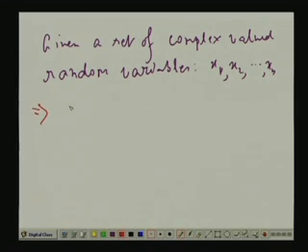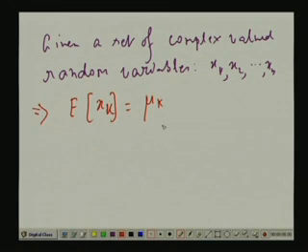covariance we now define first. So E of x 1 is mu 1 or E of x k is mu k, where k goes from 1 to up to n. That is x 1 has a mean value mu 1, x 2 has a mean value mu 2 dot dot dot x n has a mean value mu n, and then we define covariance